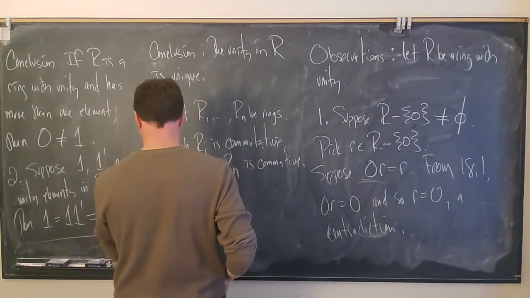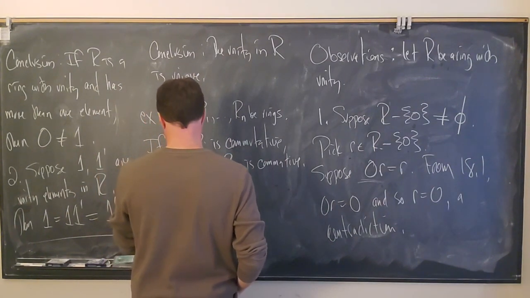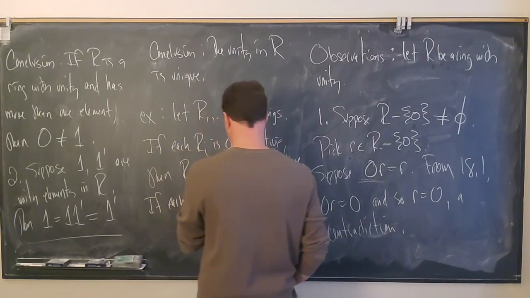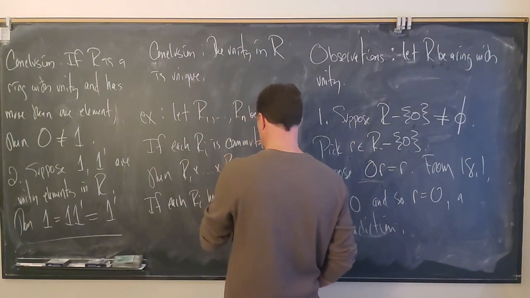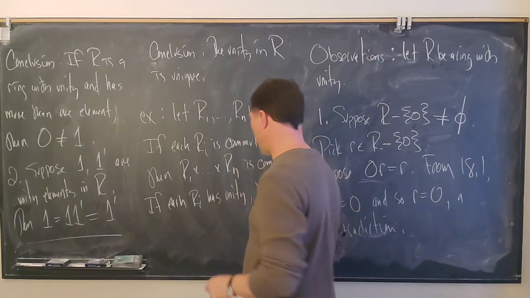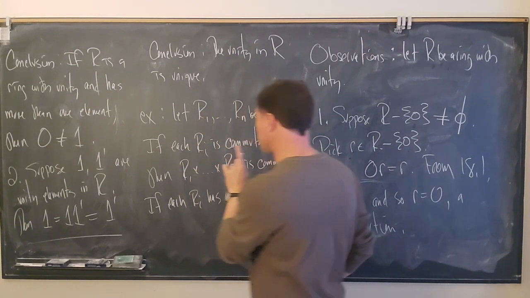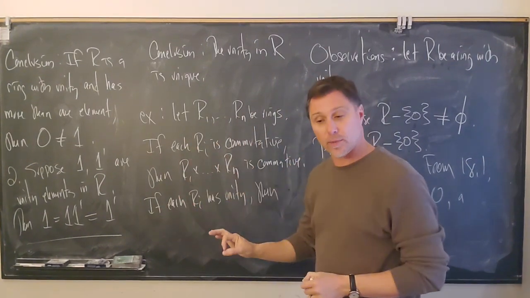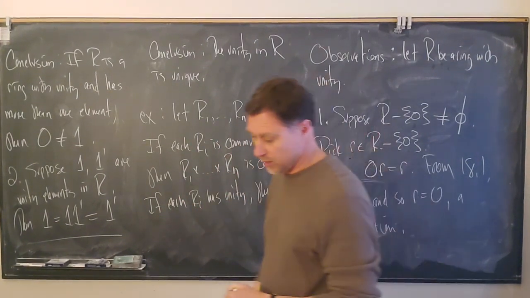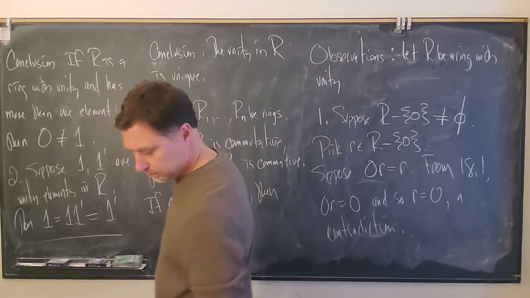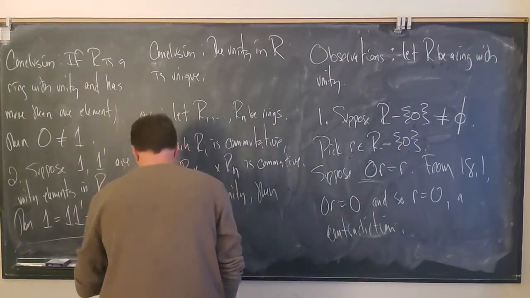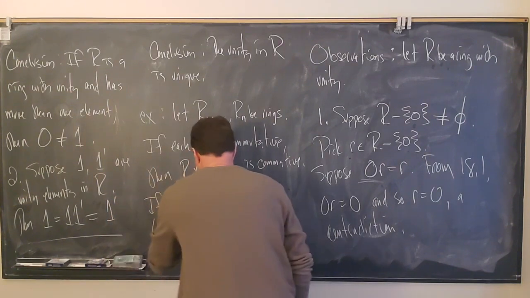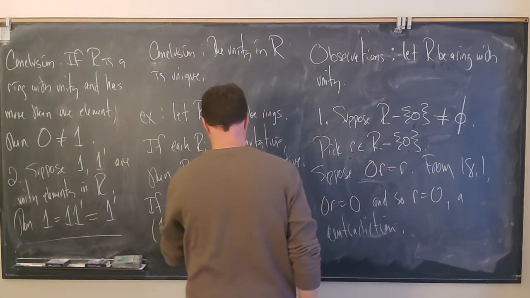If each Ri has unity, then the direct product will have unity, and it will be unity from R1, comma, unity from R2, comma, unity from R3, and so on. So I'm just going to write it like this: 1, comma, 1, comma, ..., comma, 1 is unity